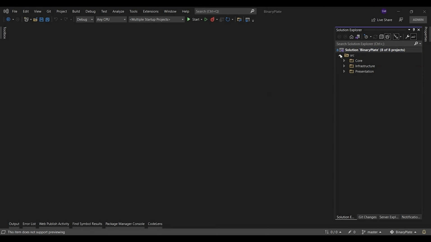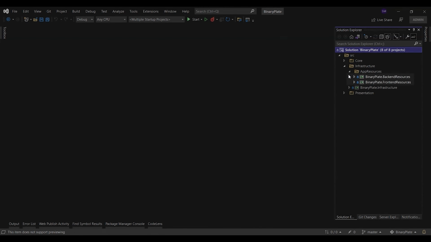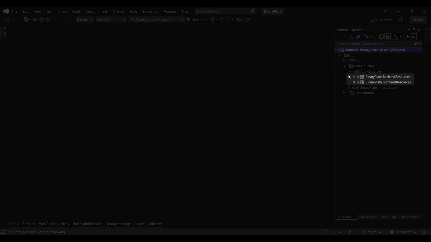BlazorPlate uses resource files in XML format to localize the names of the UI labels, as well as other text in the user interface. BlazorPlate solution contains two types of resources, the front-end and back-end resources. You can use the front-end resources to manage the localized strings used in your front-end application. Also, you can use the back-end resources to localize your API notifications, such as form validation messages, success messages, and